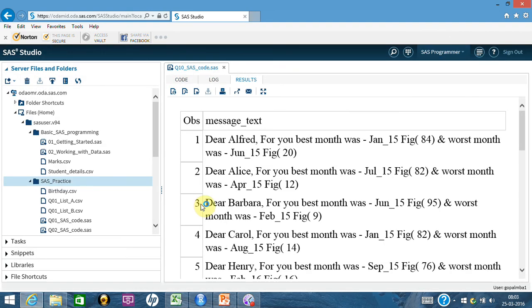And this is how it has come. Dear Alfred, for you the best month was this, figure this, worst month was this, figure this. So it has created what we wanted. It has created the text, and it says which was the best month, what was the figure, which was the worst month, what was the figure. That's what we wanted, and that's what it has done.